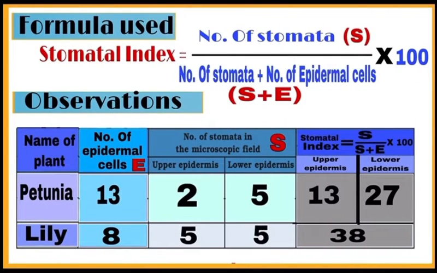Now write the formula used to calculate stomatal index. It is equal to number of stomata S divided by number of stomata plus number of epidermal cells, S plus E, multiply by 100. After this, make observation table and write all the values under the headings: name of plant, number of epidermal cells E, number of stomata in the microscopic field S in upper epidermis and in lower epidermis,